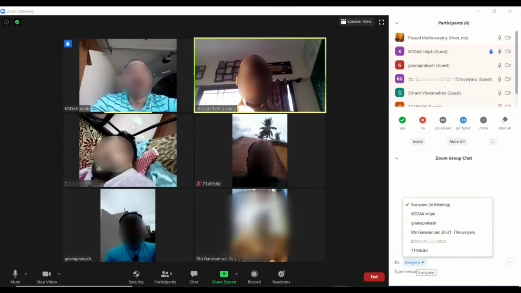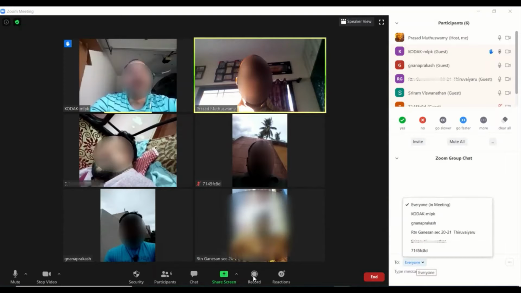Other features are like you can see the list of participants when you click on the participant button here, and you can also chat with the entire group, or you have the option to chat with a specific person also. When you're in a bigger call, you can just post your message. If you know the person who can give you the answer, you can just select the name here. When you select everyone, it lists all the names here, so you can post the question directly to them, or you can say everyone, so that anyone in the meeting can give you an answer while the meeting is going on. And you also see the record option.